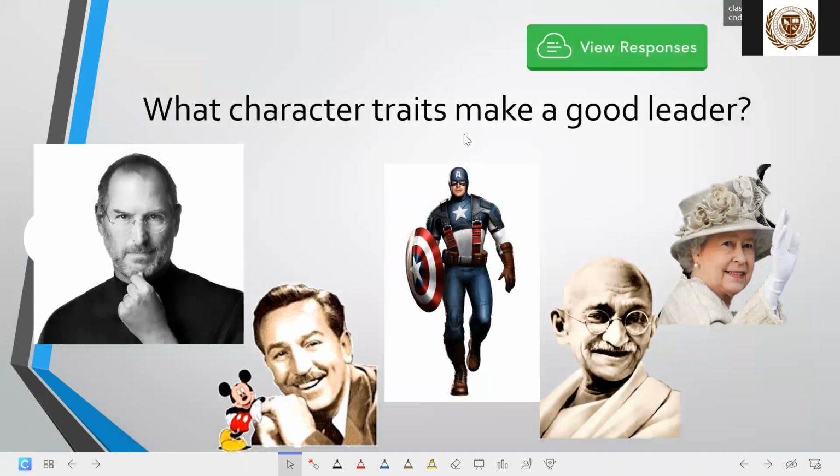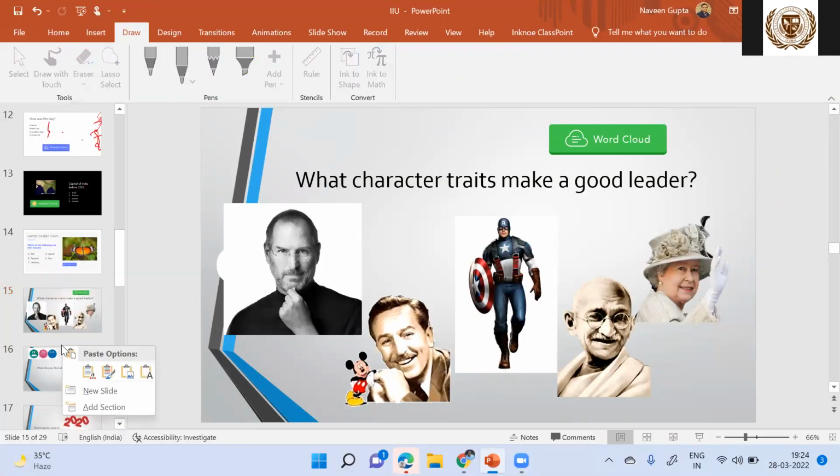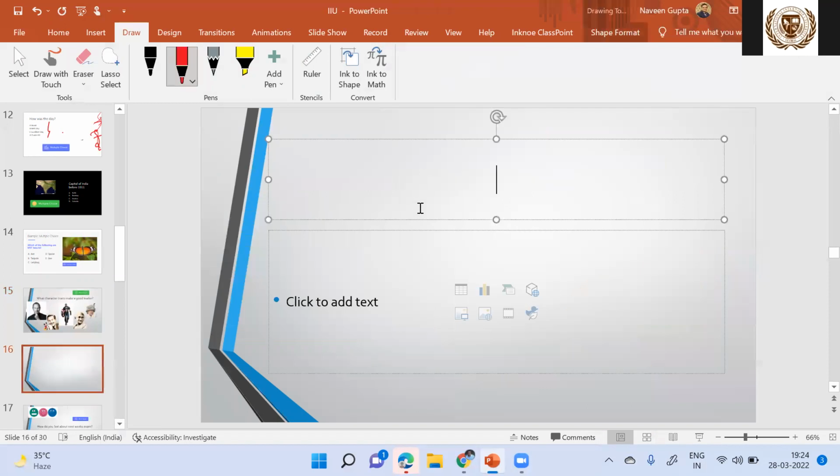So this was a word cloud, which I can check later on as well. Now, how to do with word cloud? So again, the same way, I need to type a question, how you are feeling. After this, I can write few words about IIU